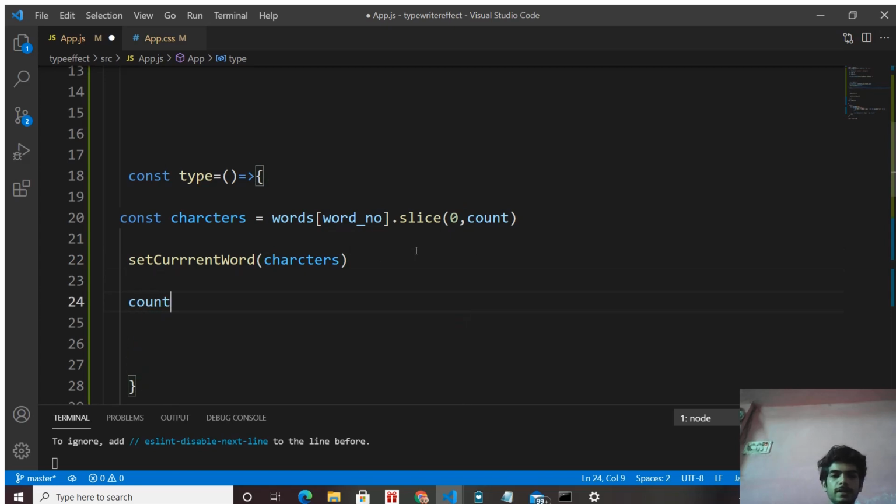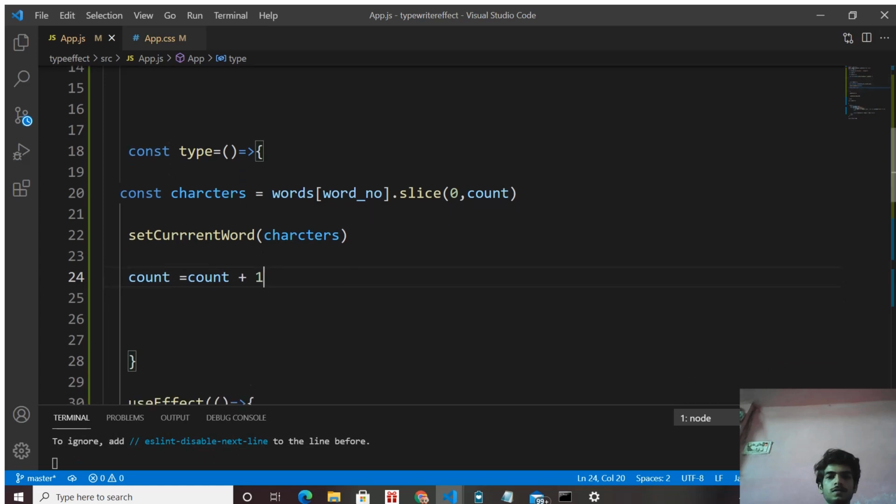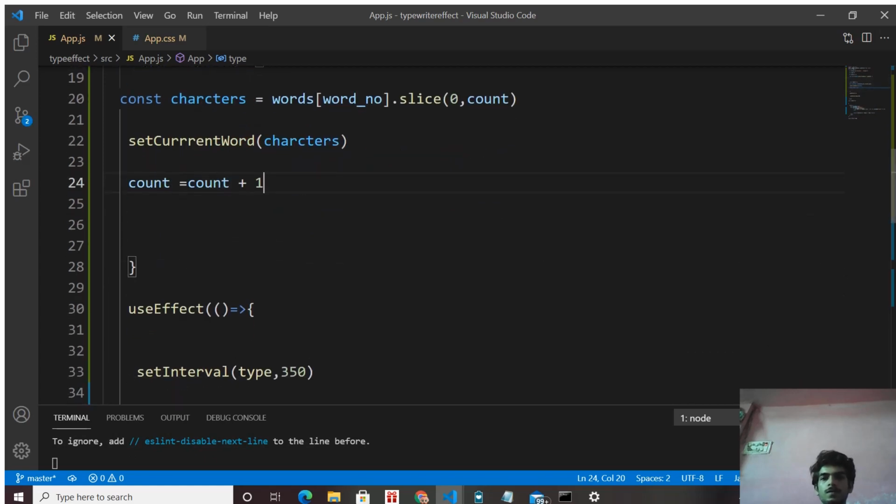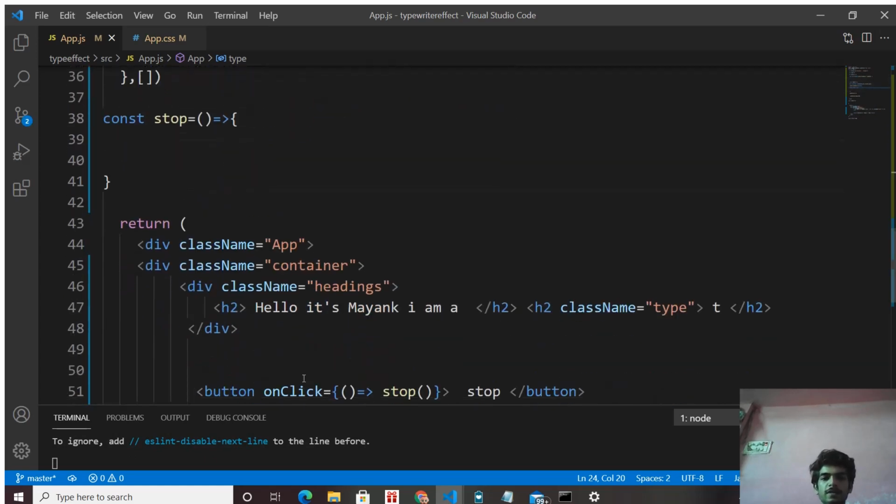And now increase the count value, so it goes on after each character. Print this current word value at the type heading.